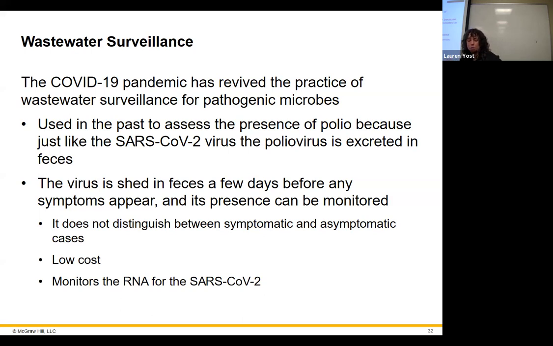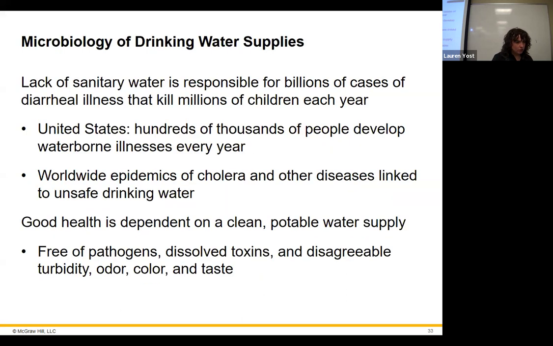And it used to be filtered out from the water. We don't have poliovirus in the United States anymore, so they stopped worrying about that. So it's less expensive if they don't have to worry about it. But they just reinstated that in order to treat your COVID so that we're not pumping COVID back into the environment, basically. So that's the idea there. So we do monitor for that.